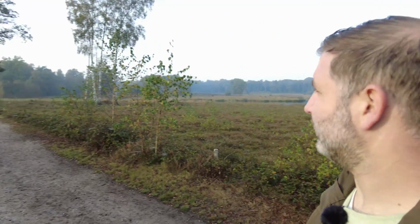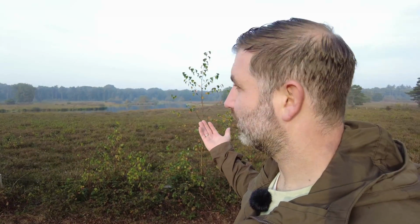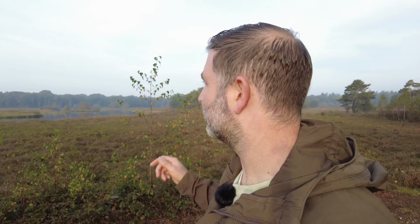So it's actually quite difficult this morning to find some decent images because the sun is still, I don't know what it is. It's not clouds, but it's just a haze, and the sun is coming through it. So we don't have this beautiful magical light that I was hoping for. So yeah, there is light, there is a bit of atmosphere, and I think I have one or two shots